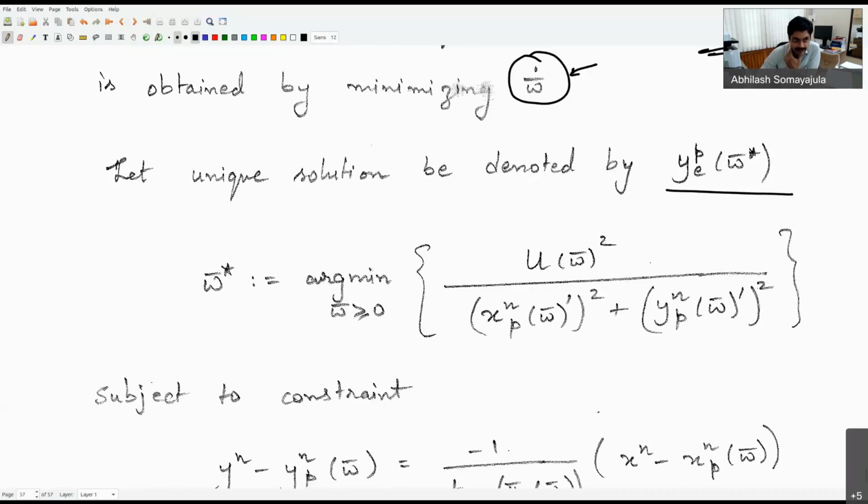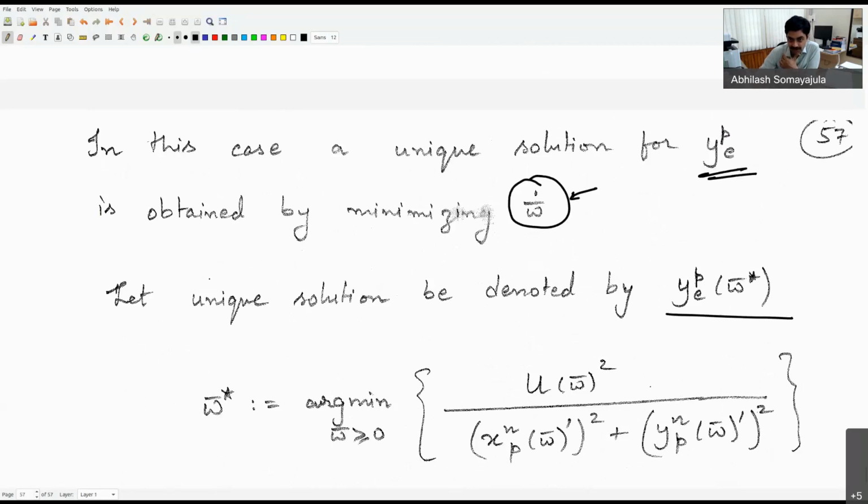The proof of it we are not really looking at in this particular course. We are delving into mathematical geometry, and I don't want this to convert into a course on mathematical geometry. So you'll have to believe me for that purpose. Or if you're really interested, I can point you to the reference where you can look at how that proof has come about. But it can be shown that as long as I'm on an open curve, a unique solution for YPE does exist, and that is obtained by choosing the value of omega as the argument which will minimize this omega bar dot,